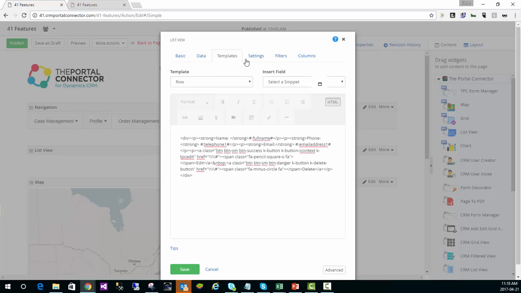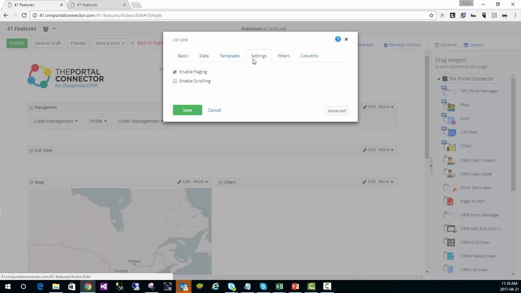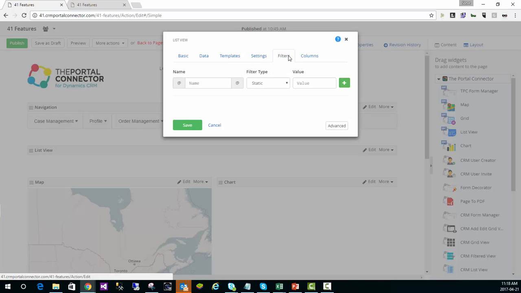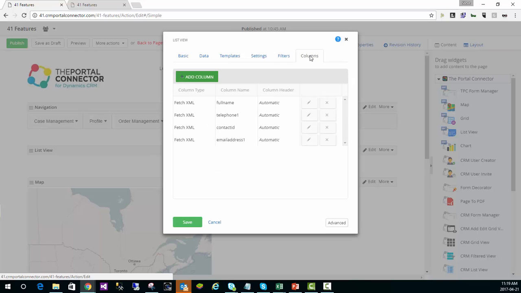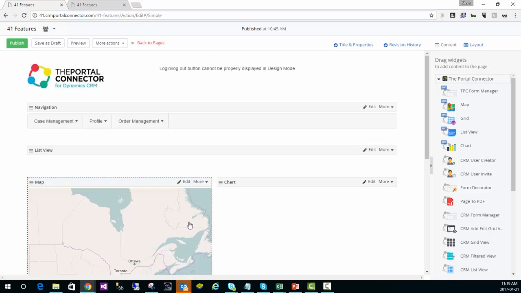There it is. Then we have various settings, so you can see that we can enable paging if we wanted to, enable scrolling. We can filter that data, of course, just like we could filter any type of data widget within Dynamics CRM, or sorry, within the Portal Connector. And of course, I can also customize the columns if I wanted to do that as well. So clicking on save, and if I publish this,